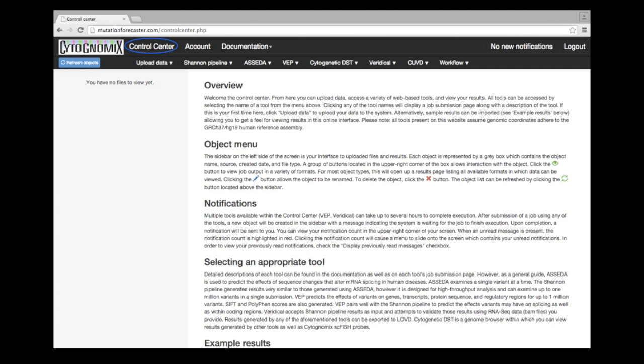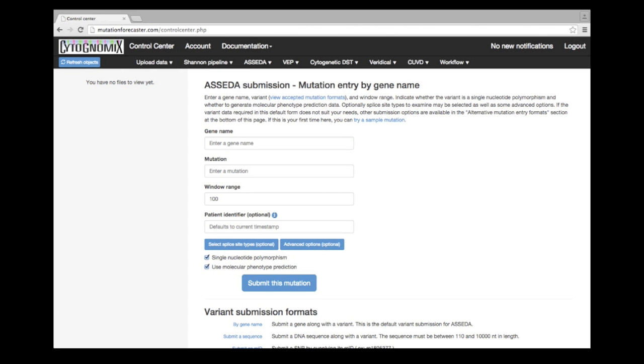To begin an analysis using ASSEDA, navigate to the Control Center on MutationForecaster and select ASSEDA from the secondary page header. You will arrive at the main ASSEDA submission method, which is gene name. You can also submit your own sequence, submit a SNP by supplying its RSID, or submit a variant using a